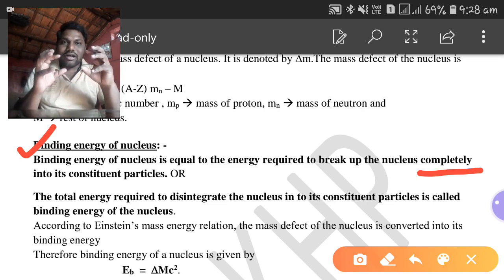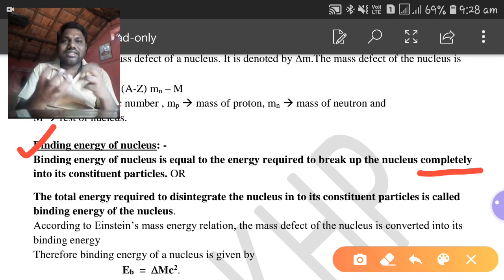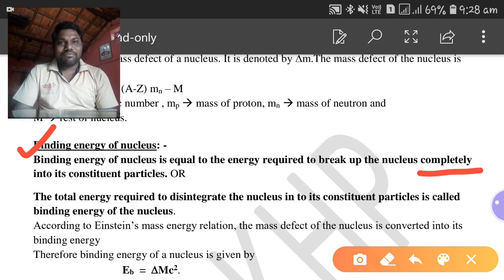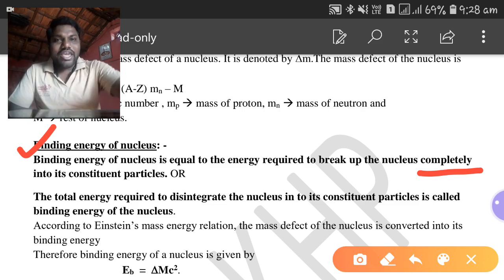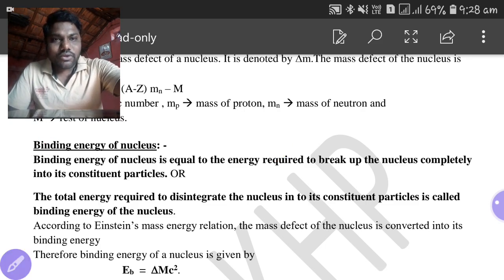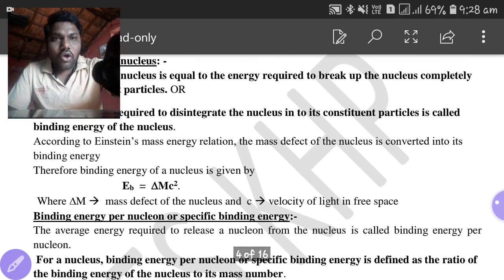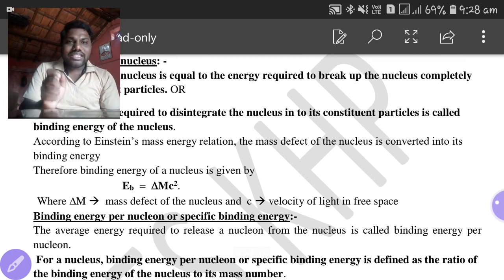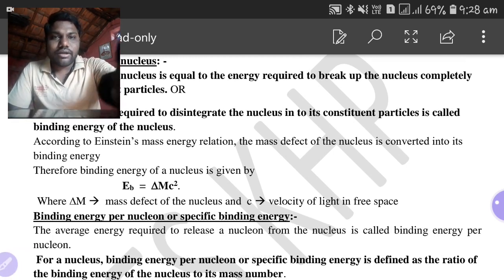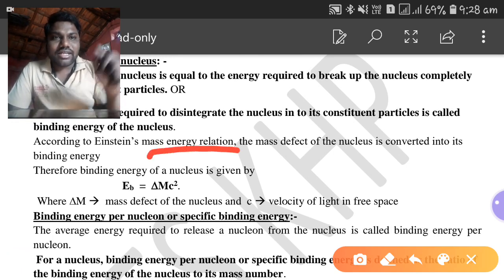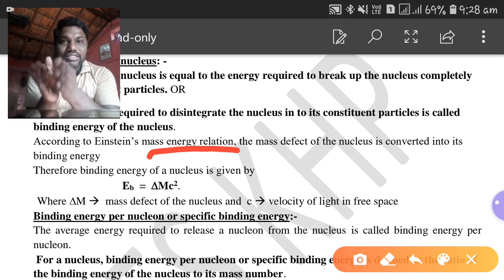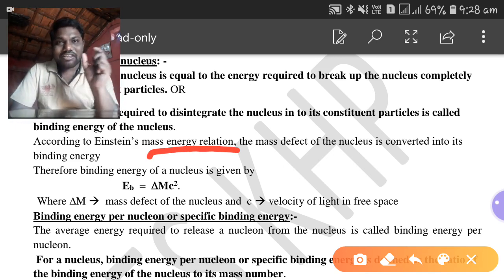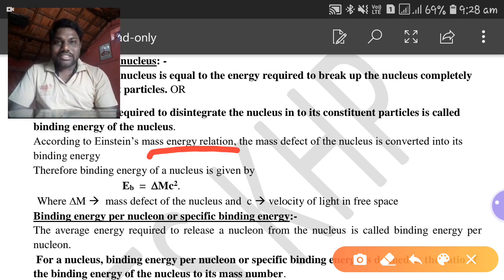So from where does this binding energy come into action? That is nothing but the mass defect. According to Einstein's mass energy relation, the mass defect of a nucleus is converted into the binding energy. The mass defect of a nucleus itself is converted into the binding energy. Therefore, the binding energy of the nucleus is given by,